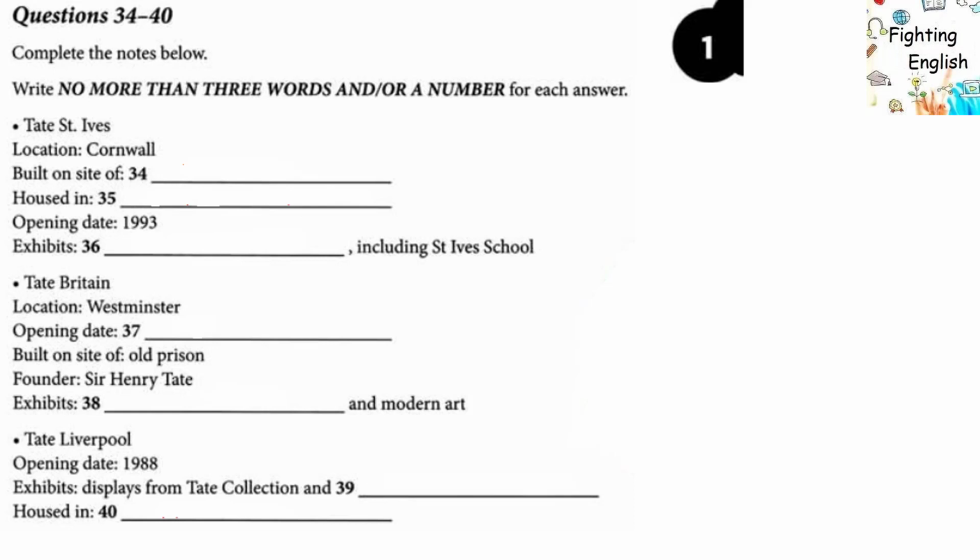Now, the second gallery I'd like to talk about is Tate St. Ives, which is in Cornwall. It was built on the site of a gasworks, and it overlooks Porthmeor Beach. Tate St. Ives is housed in a 3-story building that was designed by the architects Evans and Shalliff. It was established in 1993, 7 years before Tate Modern was opened,